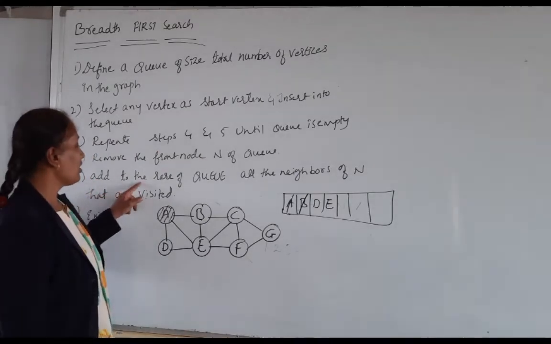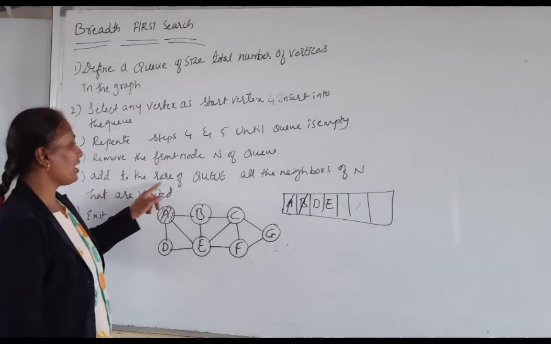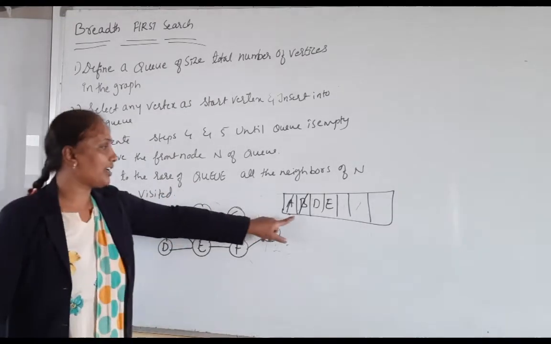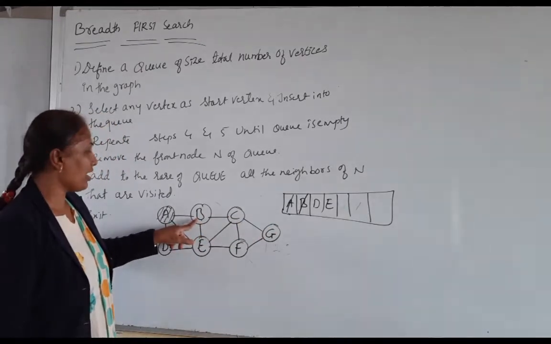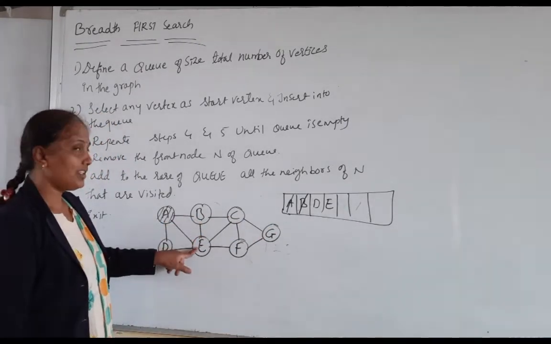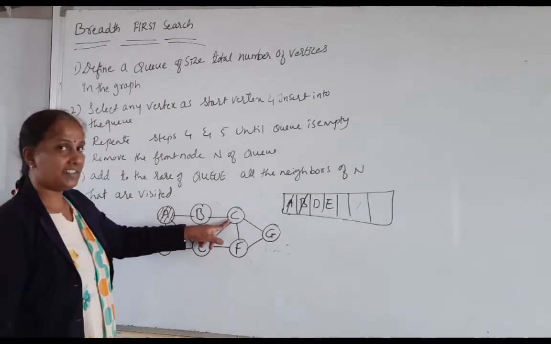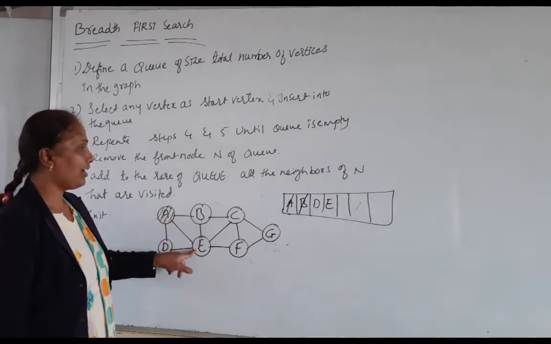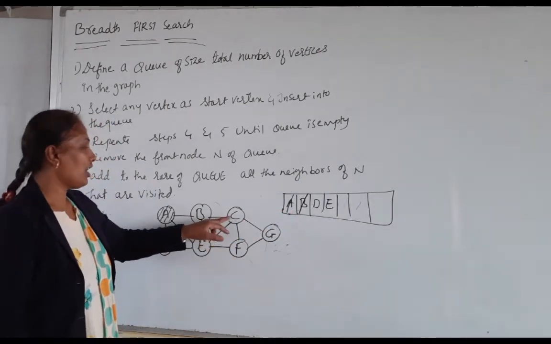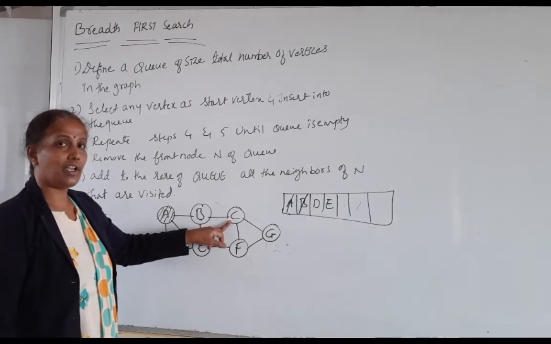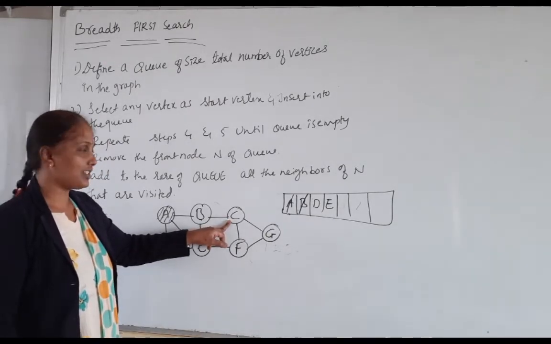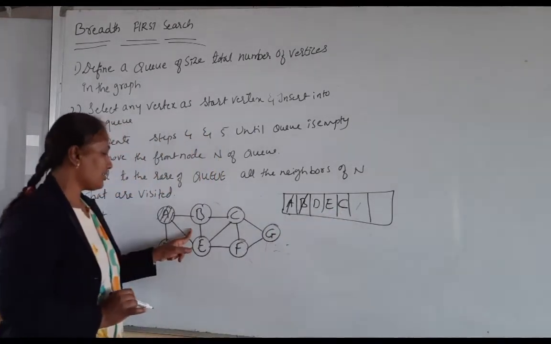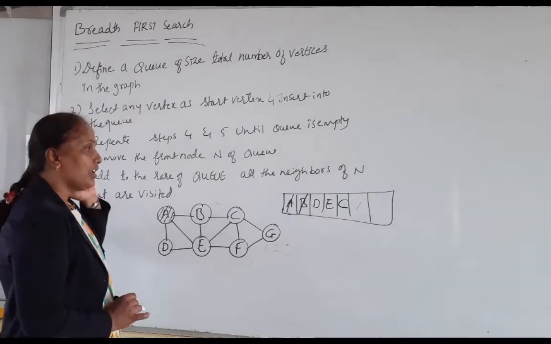Then I must add what? I must add to the rear of the Q all the neighbors of n that are not yet visited. So now what are the neighbors? I deleted B. First I should check the neighbors of B. What are the neighbors of B? A is there, E is there. Okay. Next C is there. So A, E, C: among that, A and E are already visited. Now the new vertex that I must visit, which is not yet visited, is C. So I will make an entry of that in the rear. Next, any other vertex left? No. Okay.